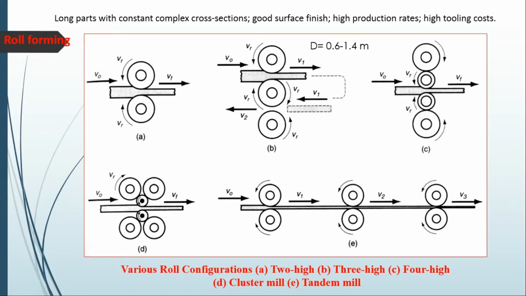we have the rollers also to change its shape. And this is the schematic or sketch of the rollers and what different types of rollers we are using. The diameter usually ranges from 0.6 to 1.4 meters, and here you can use 2, here you can use 3, 4, 6, another arrangement. So we have a lot of names, and we will see how they look.